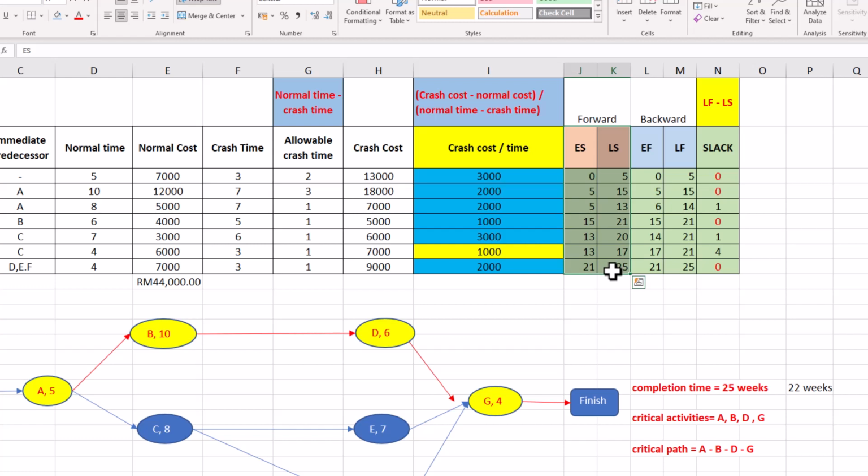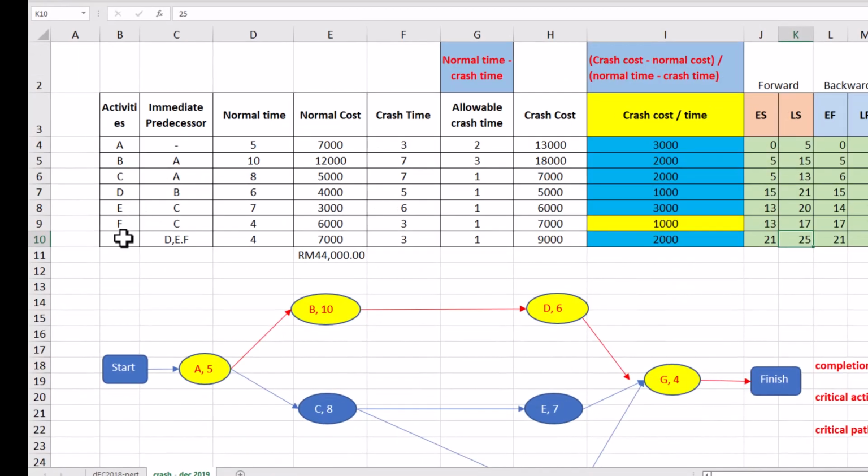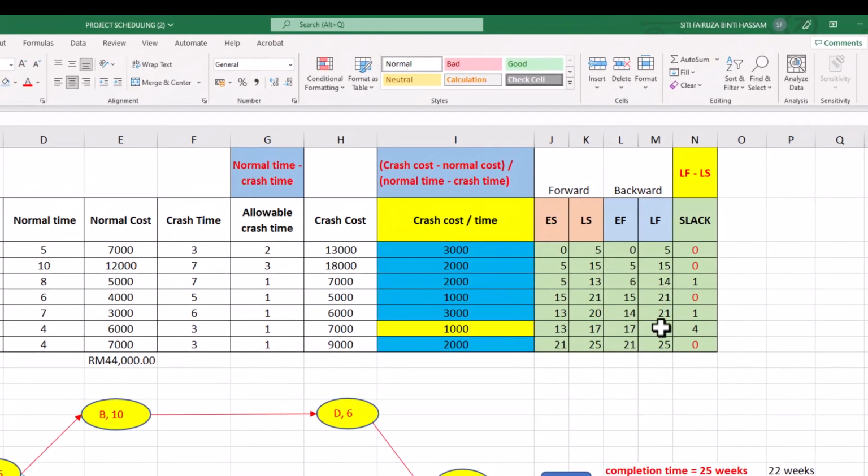Now you need to calculate the backward. Okay, so how to calculate the backward? You need to come up with this one first. We're going to start from G to A. Alright, so here the latest finish. Okay, so the latest finish will be 25 weeks, which is the completion time. And then you need to minus the normal time. So 25 minus 4